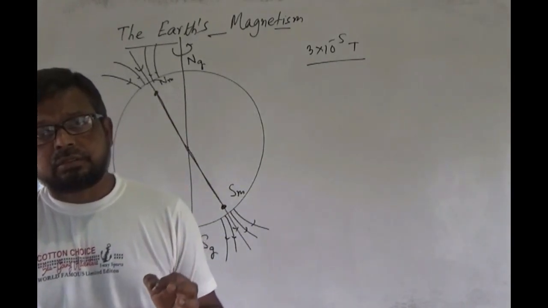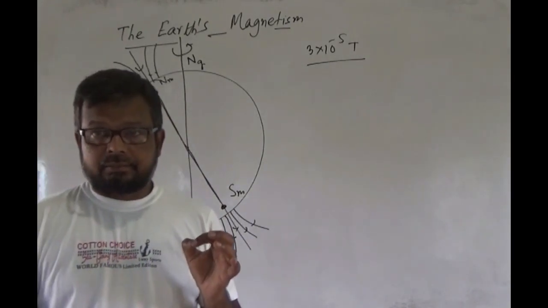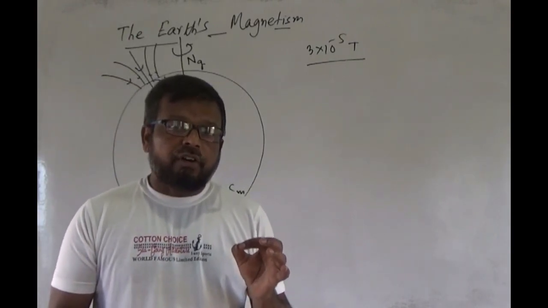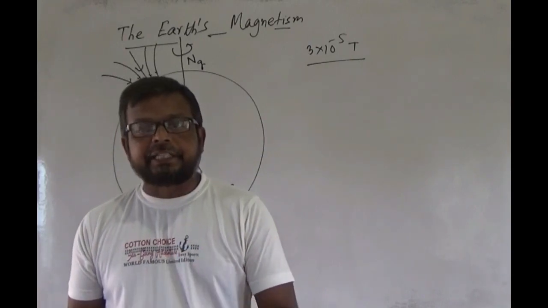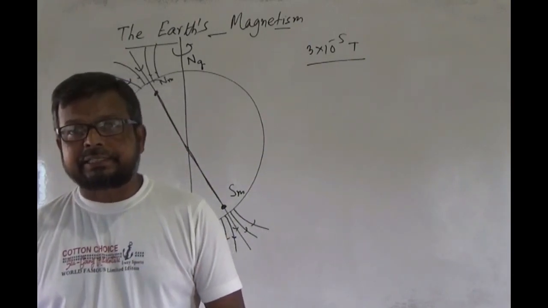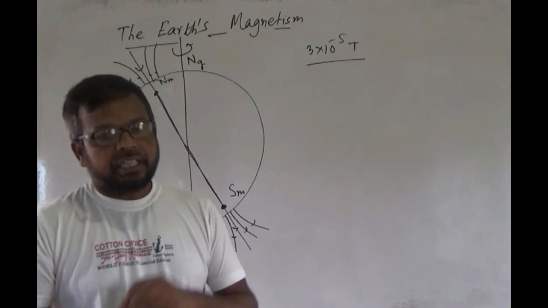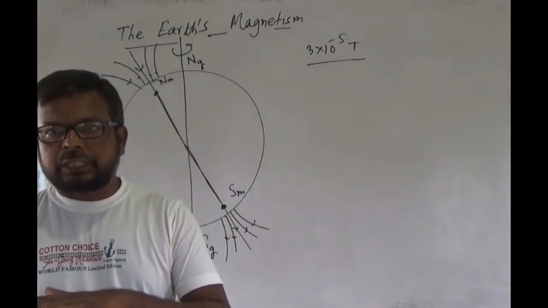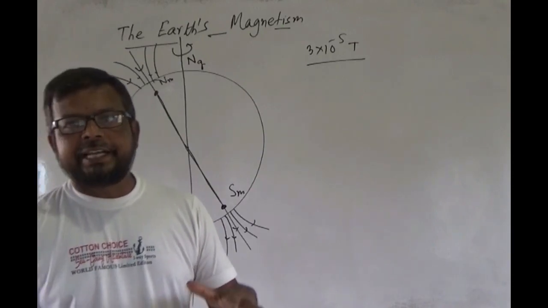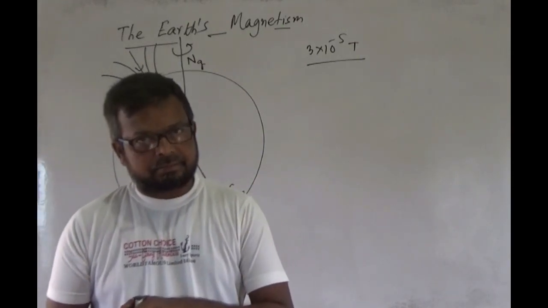The earliest theory was that the magnetism of Earth is due to magnetized materials inside the Earth, and which is rejected because there is no sufficient quantity of magnetized material inside the Earth, and